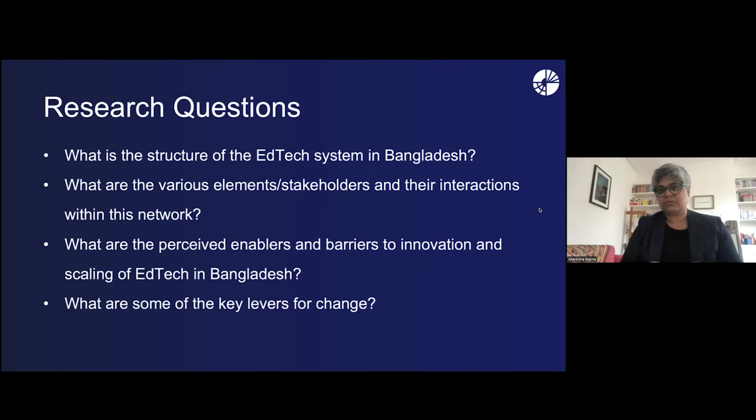So keeping all of these in mind and the complexities that this problem poses, we have taken a systems approach to try and understand what's going on in the context of Bangladesh and how technology can be optimally scaled up. So some of the research questions that we set out to address in this study were,